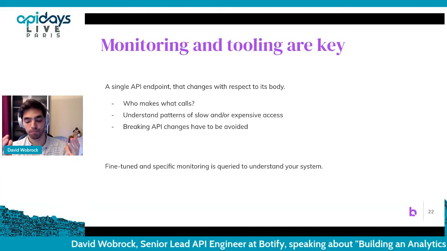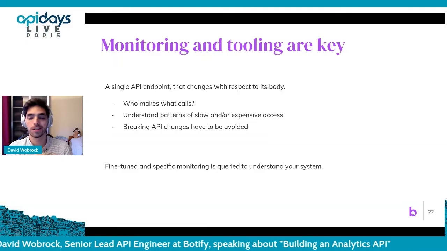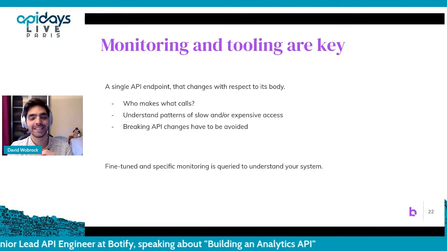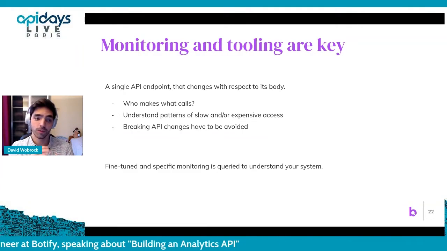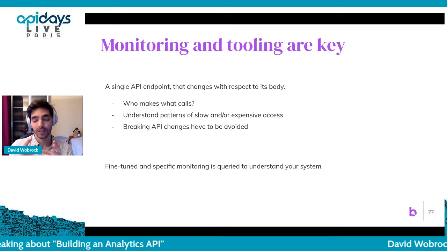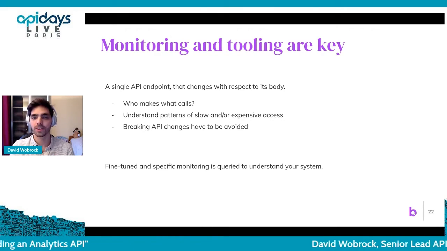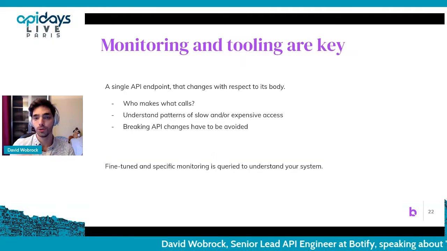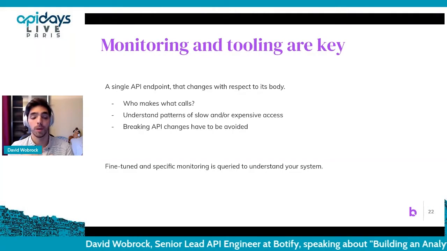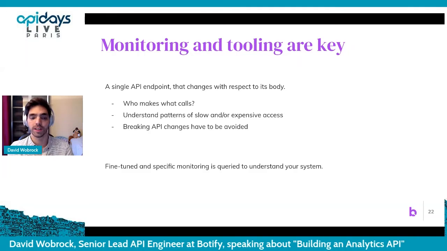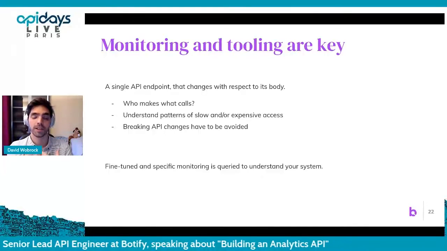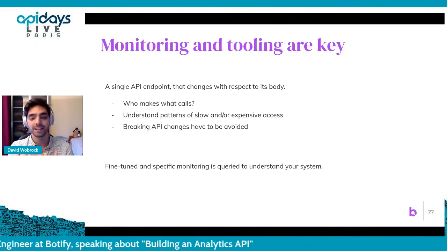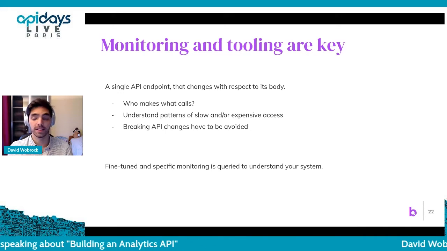So also, of course, breaking API changes, as always, is a touchy thing. At least with fine-grained monitoring, you're able to know exactly what is used, what types of fields are used, what are our API consumers actually doing as type of requests. Maybe some fields have never been used and we're able to break something, but everything has to be done very incrementally, since a lot of systems then depend on these types of API.